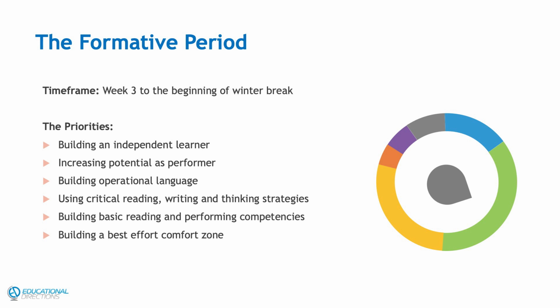We want to make sure that the basic reading and performing competencies are there. Some students don't have reading stamina. Some students can't critical read. They're butterfly readers or butterfly thinkers. We're going to make sure that they have all the abilities they need to make long-term lasting memories out of things. And then we want to increase their best effort comfort zone. What does good work look like? And let's start to push them harder on what they're capable of producing. All of these things are setting the stage for us to look at them as performer and then figure out where their work is breaking down.